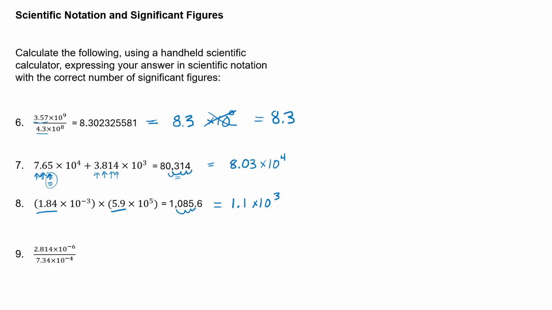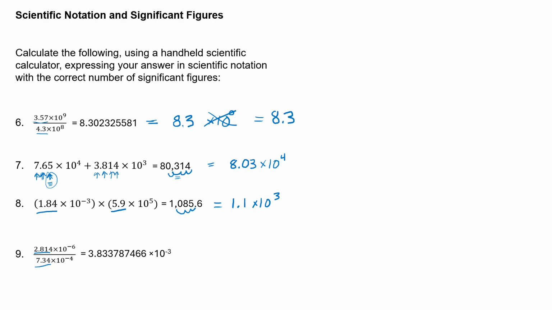And finally, I have a division. With the division problem, I'm going to want to make sure that I have the least number of sig figs in any of the things I'm dividing. So I have 3 sig figs here, 7.34. I have 4 sig figs here, 2.814. If I plug this into my calculator and you plug it in correctly, and we can talk about this if you're not getting this answer, this is what my calculator shows,